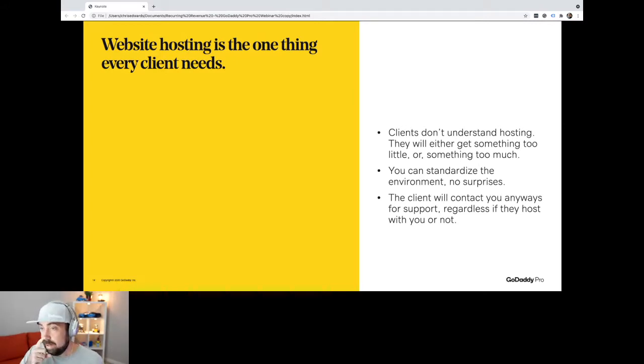And then here's the crazy thing: the client doesn't care where the site's hosted. They're going to contact you first whenever something breaks. No matter what, if it's the host or not, they're going to contact you and they're going to then tell you, "Well, I want you to fix it," and you have to go back and forth and try and explain,